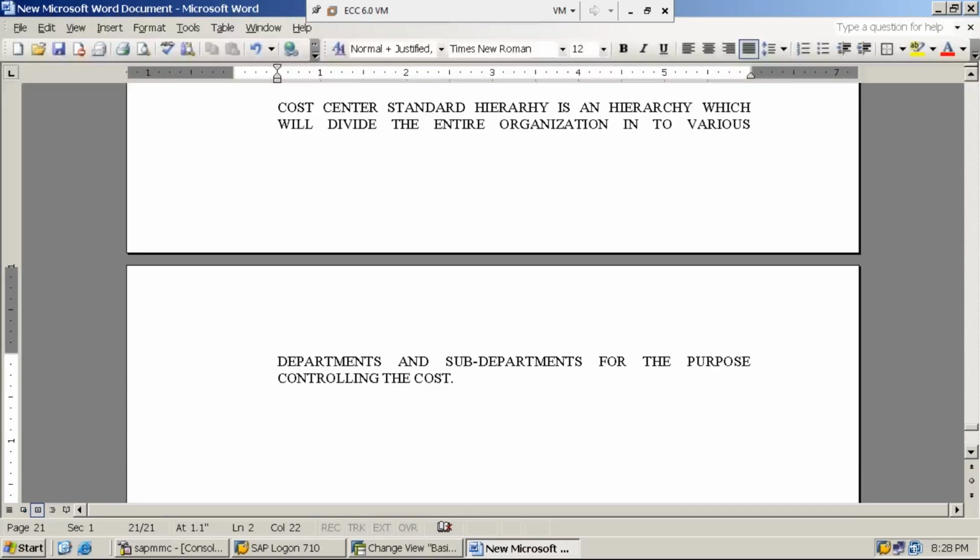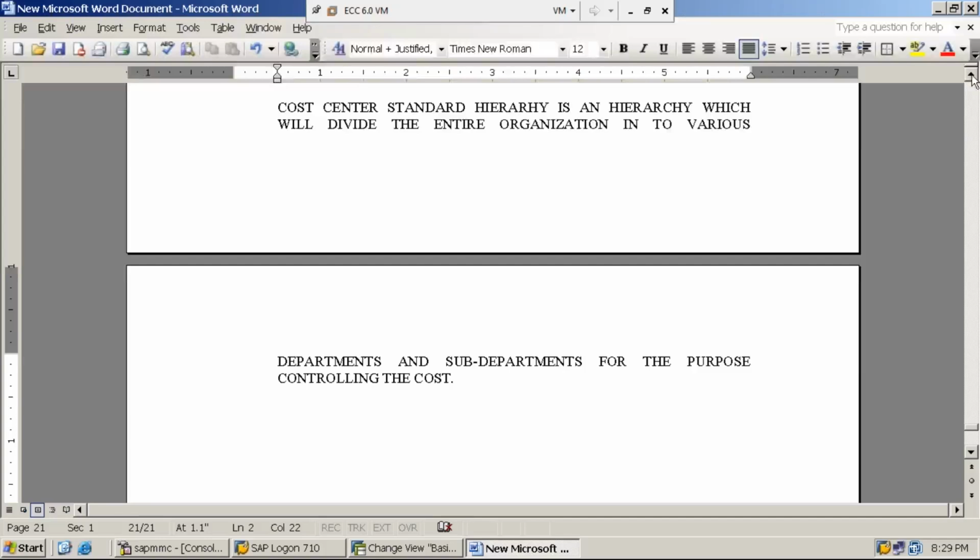Again, in the production department there will be production one, two, and three, and production one will be divided into machine group and assembling departments. To the extent possible, the organization must be divided into various departments and sub-departments, and that division in the SAP controlling module is dealt with by a tool called the